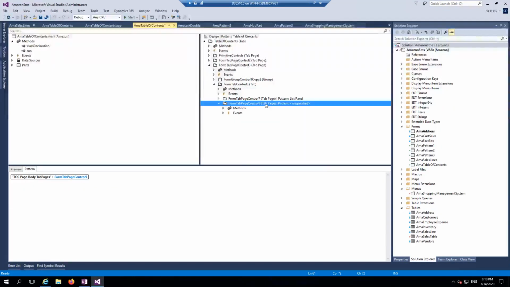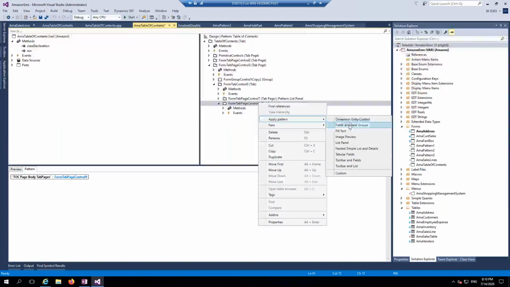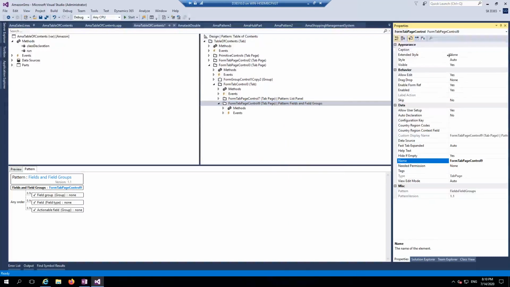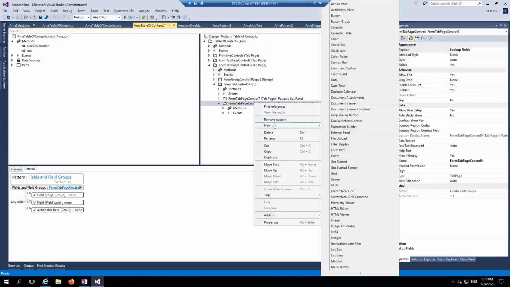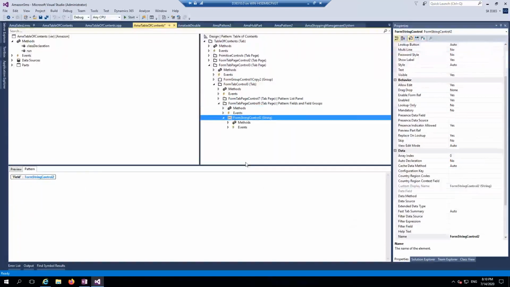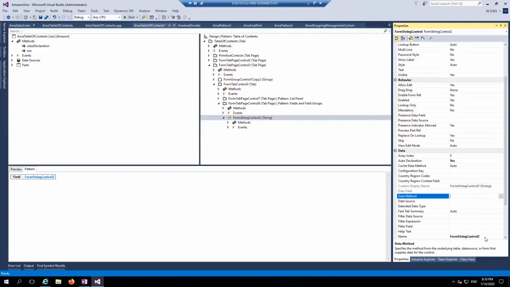Okay, and I will set the pattern as fields and field groups. I will go to properties and I will set the caption. Lookup fields. Okay, and now right click and create a new string field. Click on the new button and there should be a string. Let me take this string field and set auto declaration to yes. Where is auto declaration? Yeah, here. Set it to yes and come down here and I will call this as,